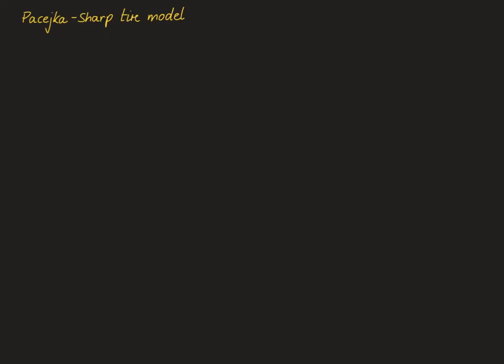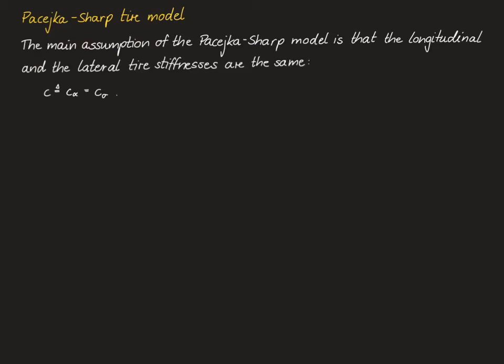The second coupled tire model that we'll look at is the Pacejka-Sharp model. The main assumption of the Pacejka-Sharp model is that the longitudinal and lateral tire stiffnesses are the same. So C alpha equals C sigma, and we define the stiffness value as simply the letter C. In reality, however, the two stiffnesses are rarely the same. So this is really a simplifying assumption that one might be willing to make for the sake of the simplicity